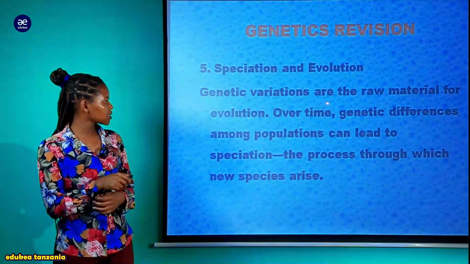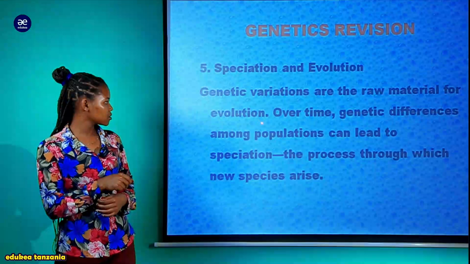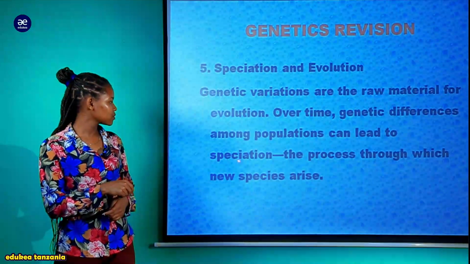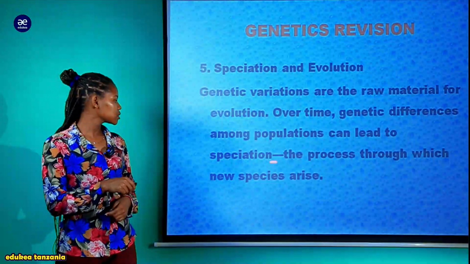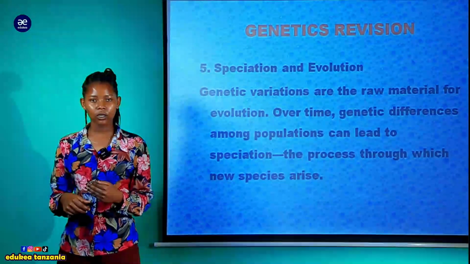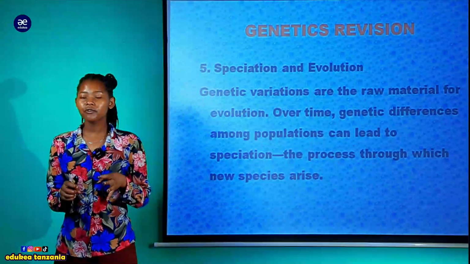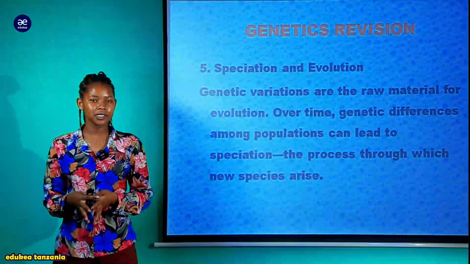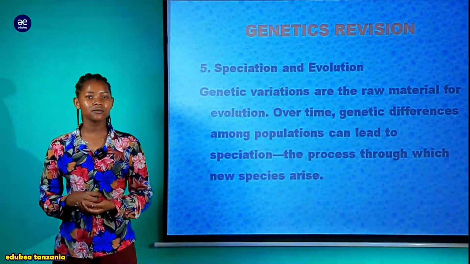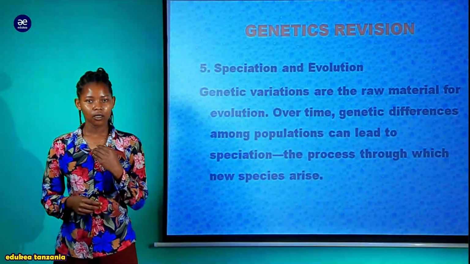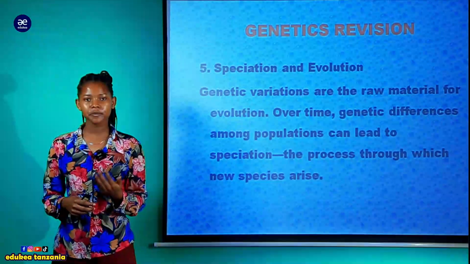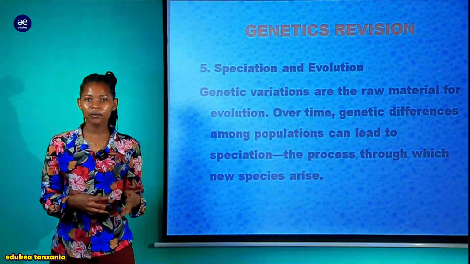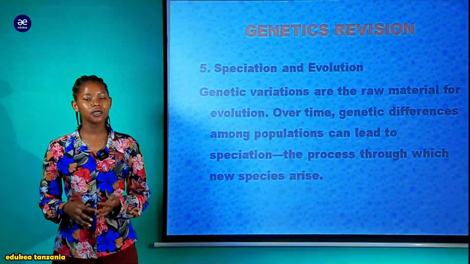You can see genetic variations are the raw materials for evolution. Over time, genetic differences among population can lead to speciation, the process through which new species arise. Tumeona kwamba genetic variation, utofauti wa jinsi, unaenda kusababisha organism wanameti, wanatuzalishia kiumbe mwenye sifa tofauti. And that organism tunamuita ni new species. It means kwamba may evolve kutoka katika form ya kwanza ambayo ilikuwa maybe ni wiki zaidi kuja katika form nyingine